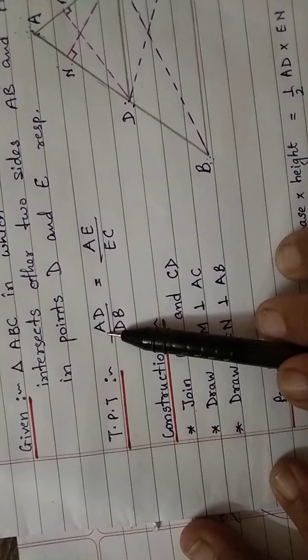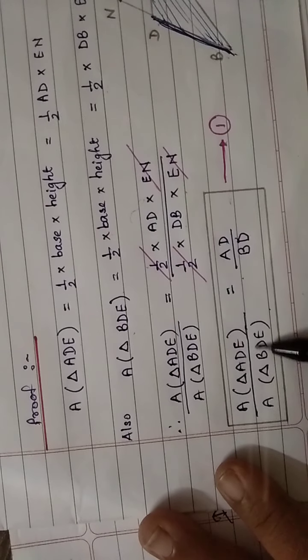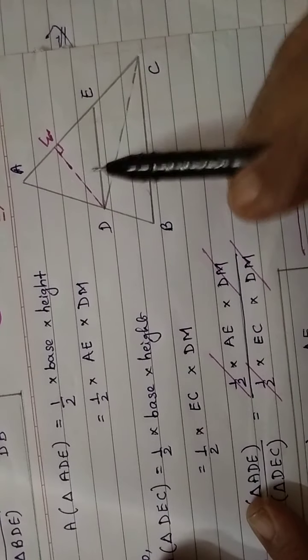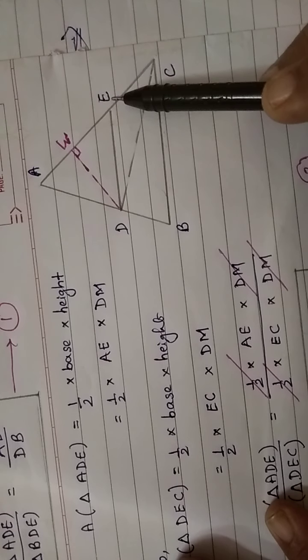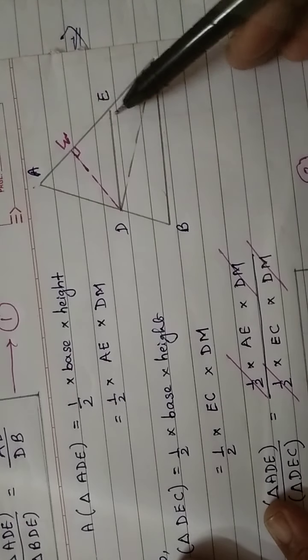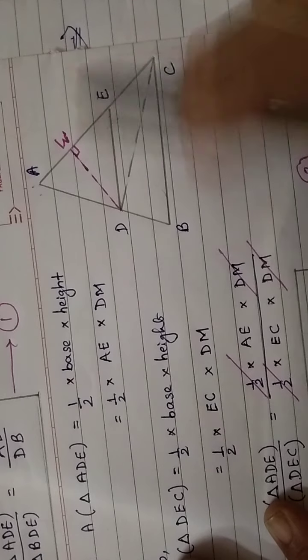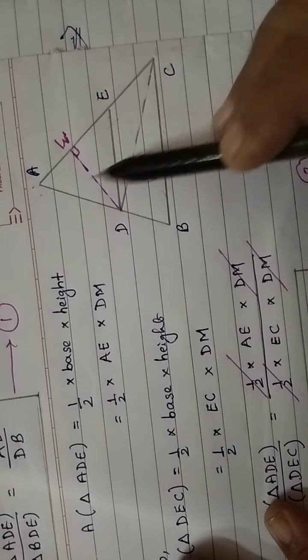Now what I did: my left hand side was AD and DB. So I took two triangles in such a way that I got the ratio AD upon BD. Now I go to the second part. See the figure again. Suppose ABC was the triangle and DE was parallel. Now I had drawn one more DM perpendicular to AE over here. Let us forget the other part of the figure. Let us understand this much.